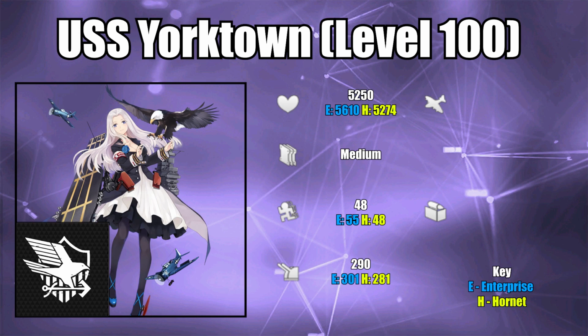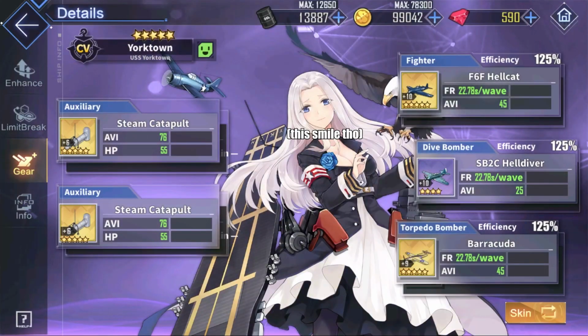Yorktown has a bit of a difference in aviation, so she's going to lose to both Hornet and Enterprise in plane damage a bit. Both her and Hornet's reload is a tad bit lower than Enterprise, so this just means that they'll be a little bit slower at getting their planes out as well. So Yorktown isn't doing too great at the beginning right here with just stats alone, but equipment-wise, well, that could change things. Speaking of which, I need to quickly remind everyone that not all carriers run the same exact plane